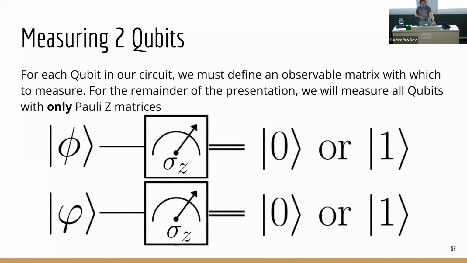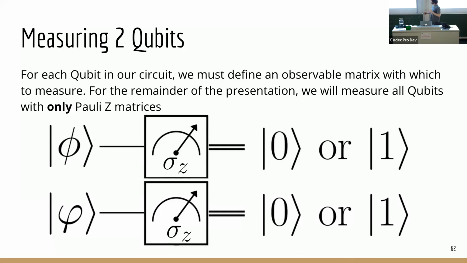Additionally, one aside. I spent some time in the first part really getting into the technicalities of observables and making measurements. And we could have variable observable matrices. For the remainder of this presentation, we are only working with Pauli-Z matrices. This is the default in the literature, and you will see that it makes the mathematics much easier as we